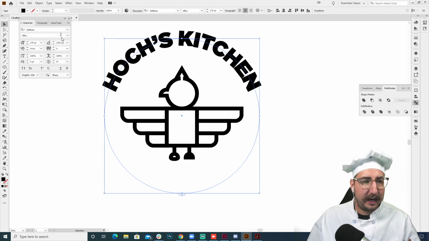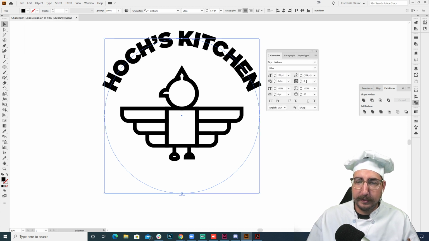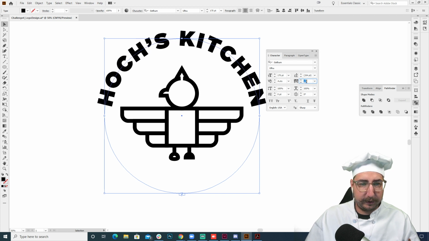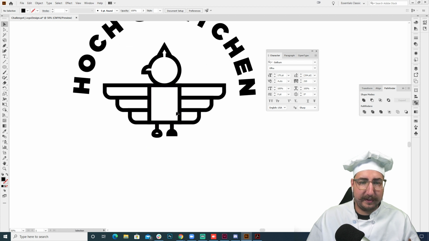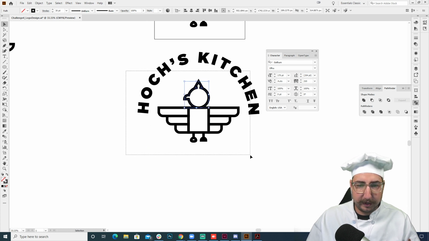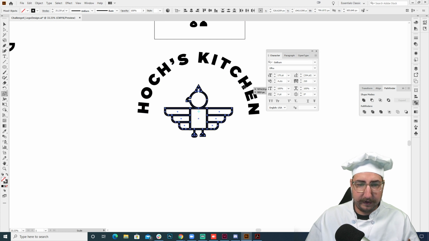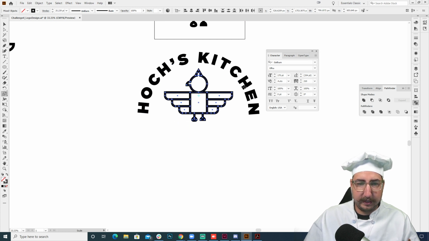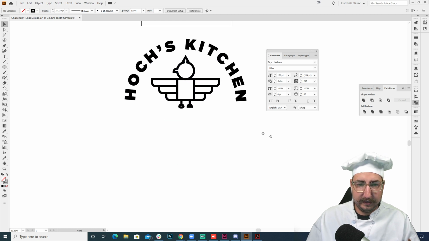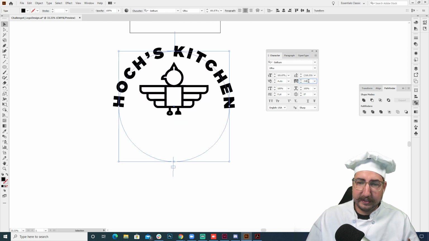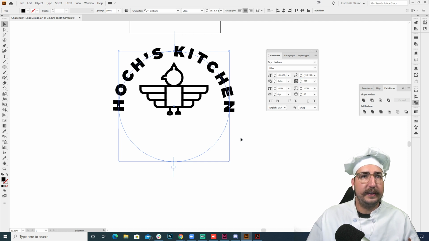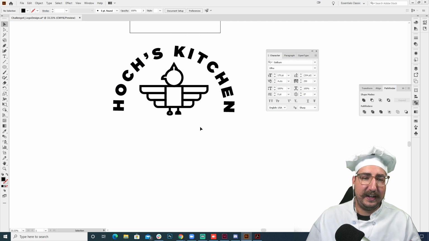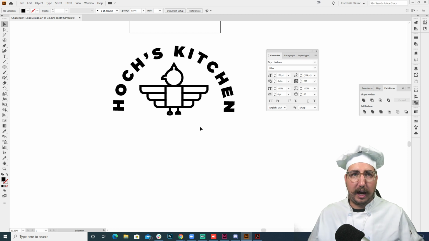Next, I'm going to bring up the type panel, hitting Command T, character panel. And I'm just going to kern this out a little bit, increase the kerning so that it goes around. There we go. So we've got our type on a path going around there. And you know what? Let's just put this guy right in the middle. That can be kind of fun, right? Let's set him down in here. There we go. Kind of fun, right? And increase these so maybe we have it go all the way to a flat level. There we go. And yes, he does have a little spiky helmet, a pickelhaube.